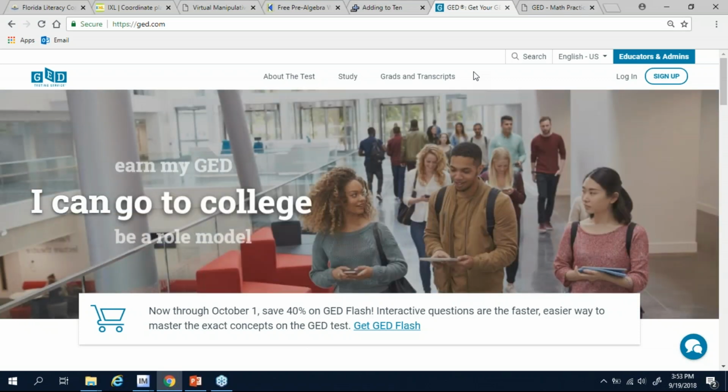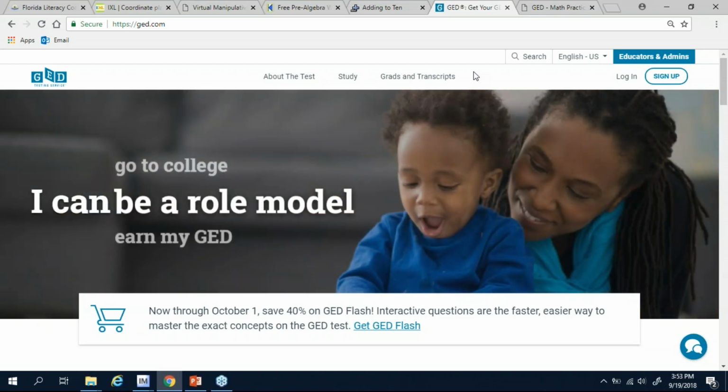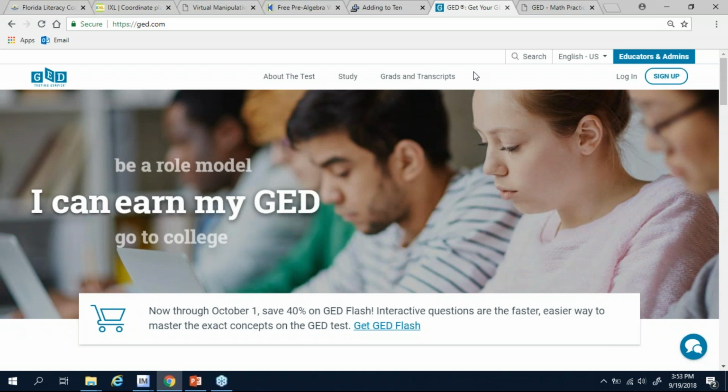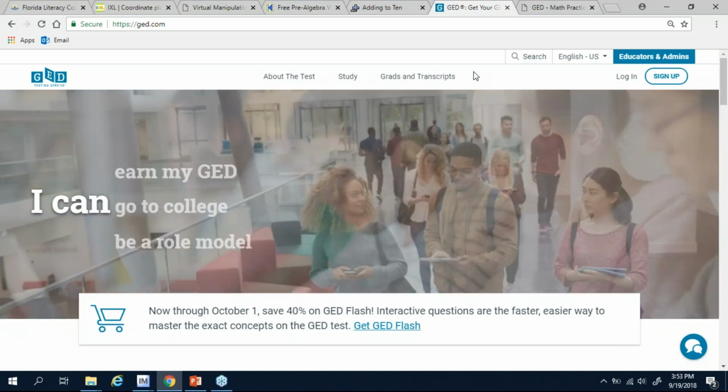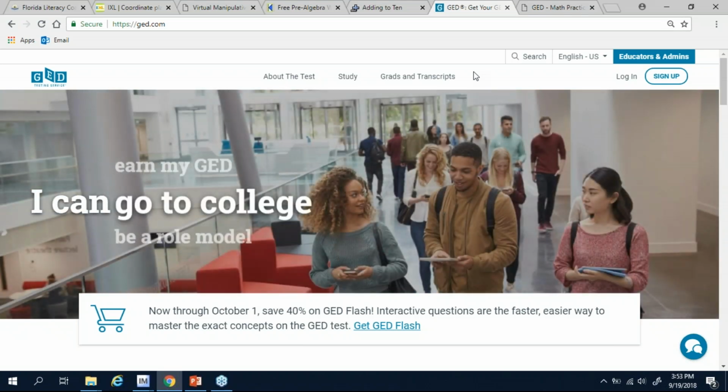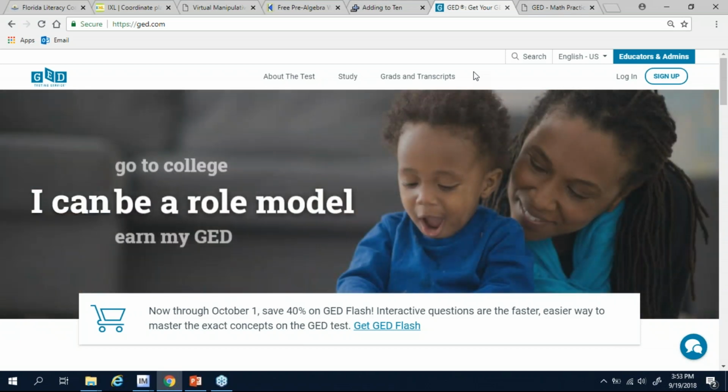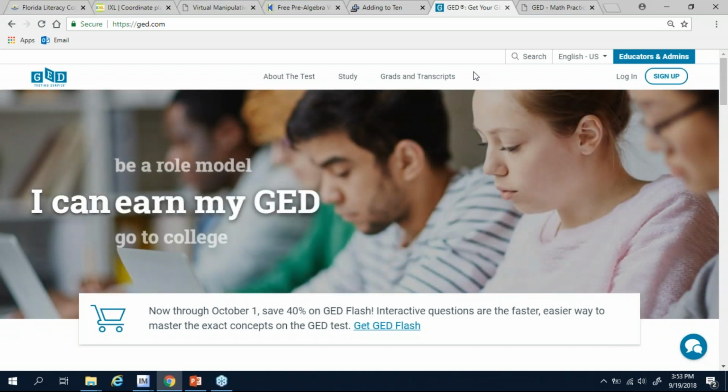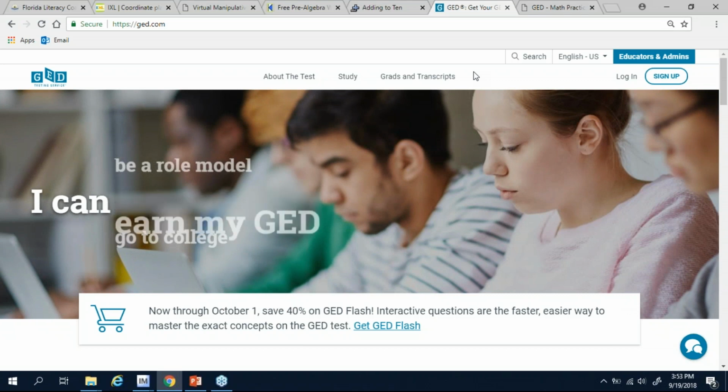They are half of the length of the real test, and they take anywhere from 35 minutes to 95 minutes to complete them, depending on which subject you're doing. But I highly recommend that you take these because it's really important to understand the style of questioning on the